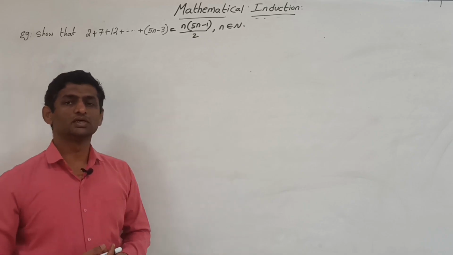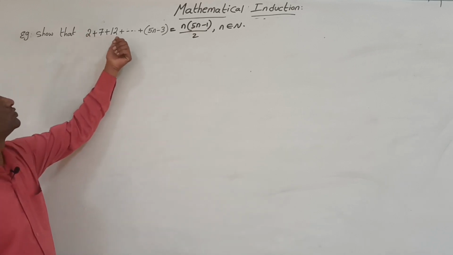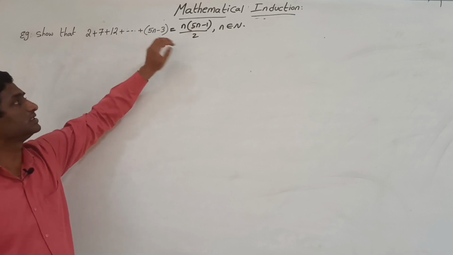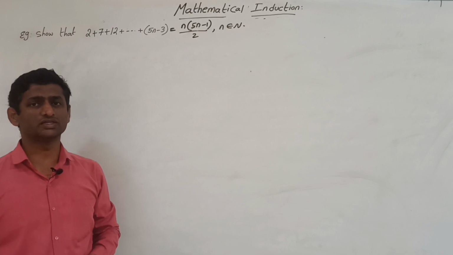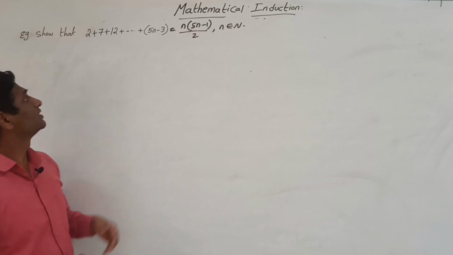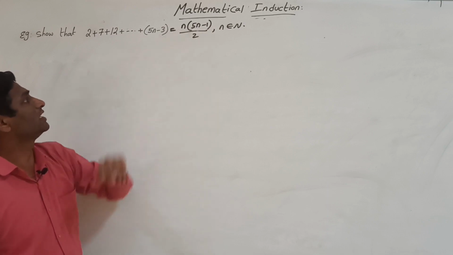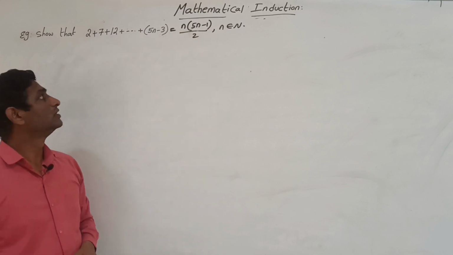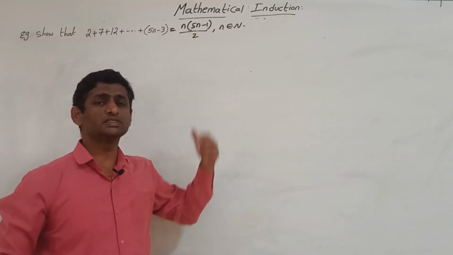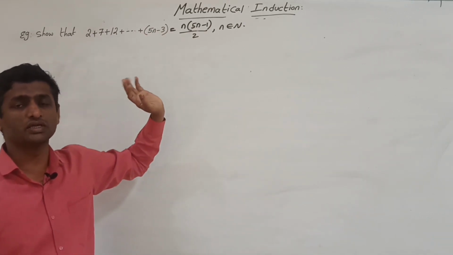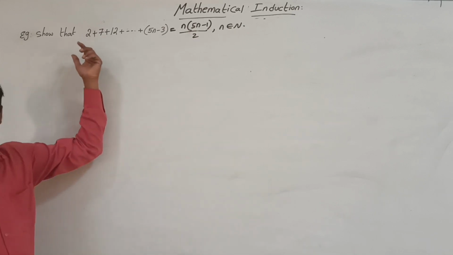The next example is using mathematical induction. Show that 2 plus 7 plus 12 plus so on, 5n minus 3, is equal to n into 5n minus 1 by 2, where n belongs to natural numbers. Means it is the sum of n terms is n into 5n minus 1 by 2. Sometimes they may not give the nth term, they will simply put n terms only. So how to calculate the nth term? If you observe,